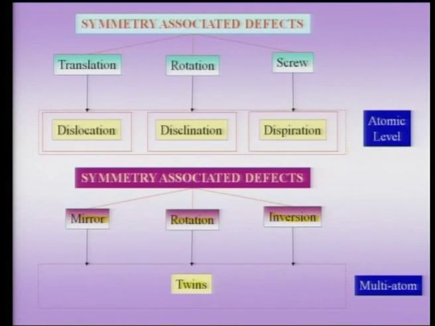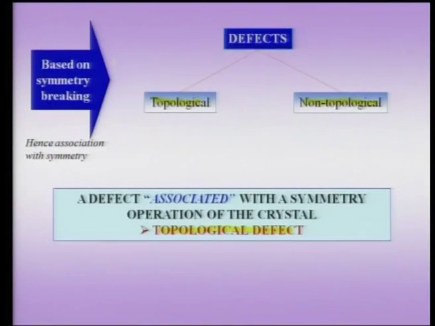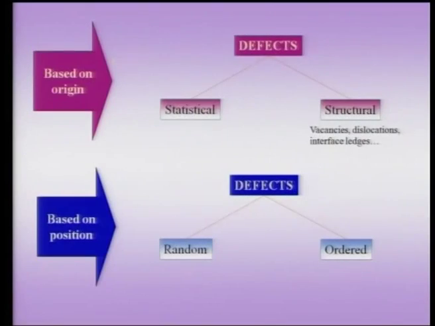and we said that, for instance, a dislocation can be thought of as a defect associated with the translational symmetry of the crystal. Similarly, we also saw that twins can be inversion twins, mirror twins, or even rotation twins. Then we also saw that defects are sometimes classified as either topological or non-topological defects. We also considered the important